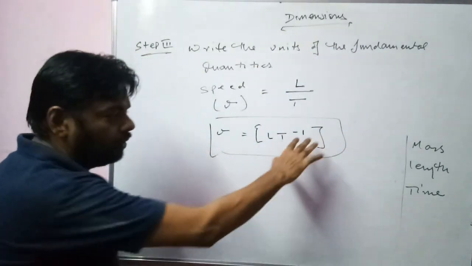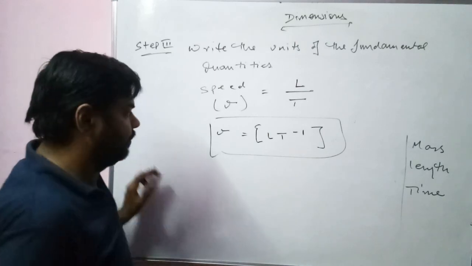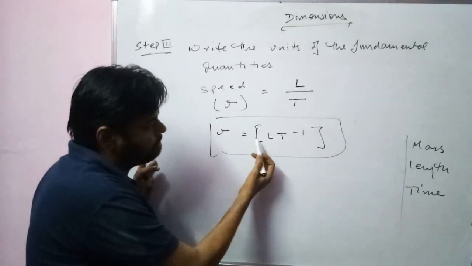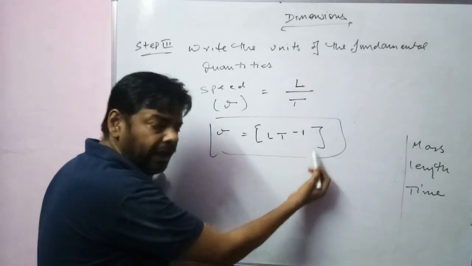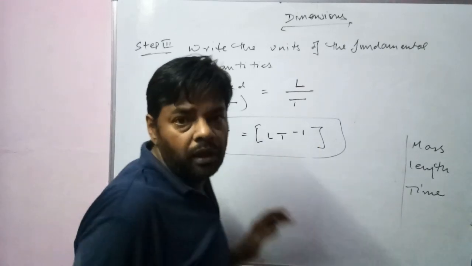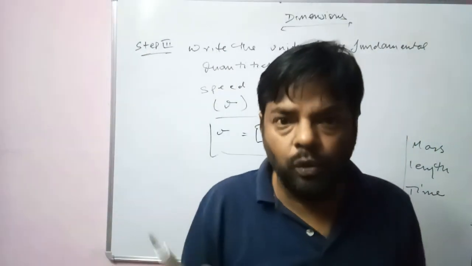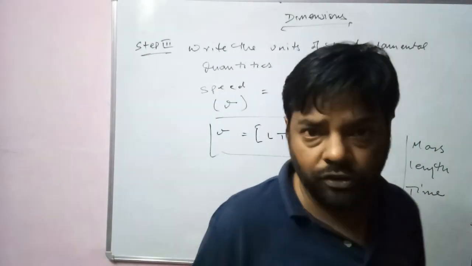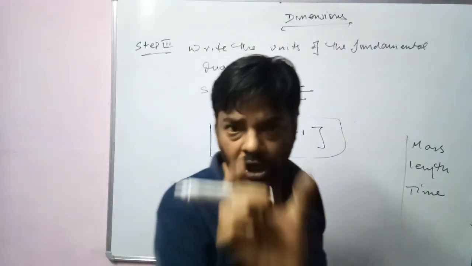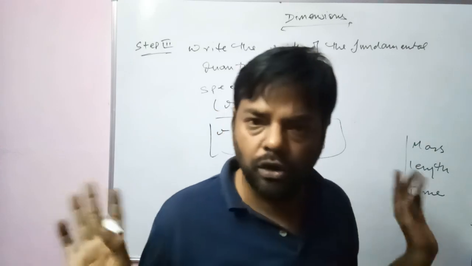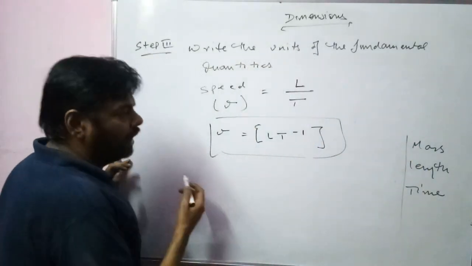Now, what is written over here? V is the symbol for speed, and it is written in square brackets. Always remember, a derived unit is always expressed when it is enclosed in square brackets. So try to enclose your calculated system of fundamental units in the square bracket. Now sirs,